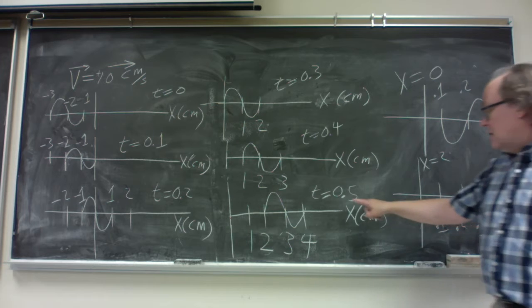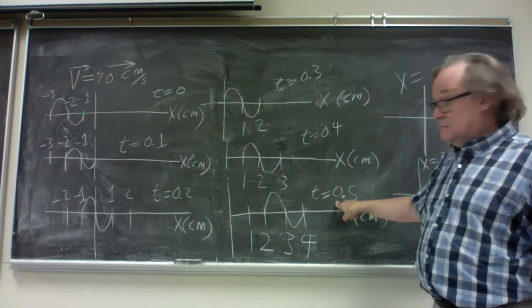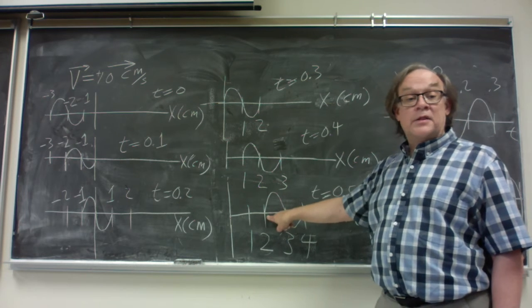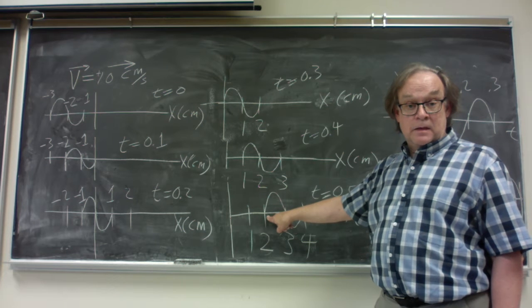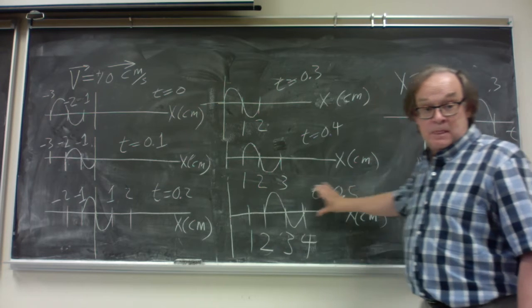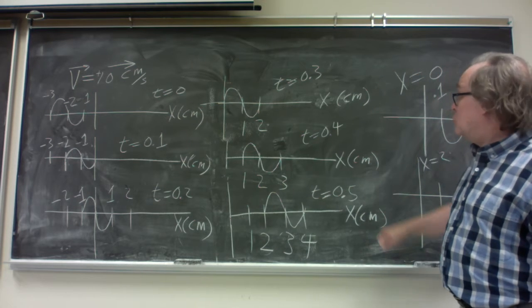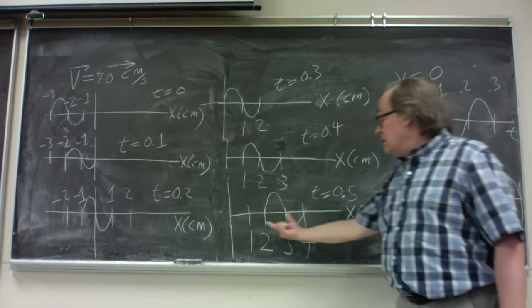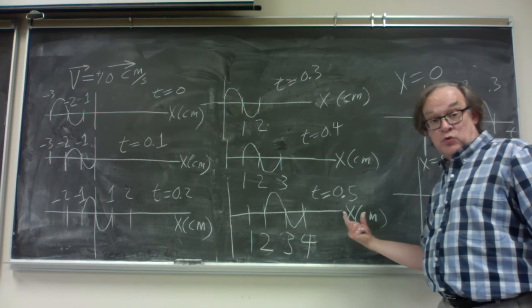So at 5/10 of a second, the back edge of the pulse, the last bit of the pulse, is just leaving the x equals 2 point. And between 0.3 and 0.5 seconds, this whole pulse passed through